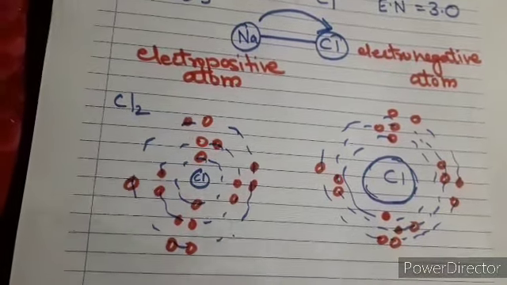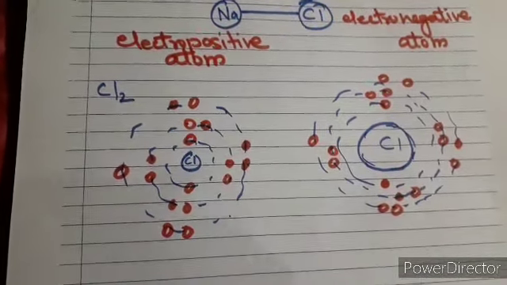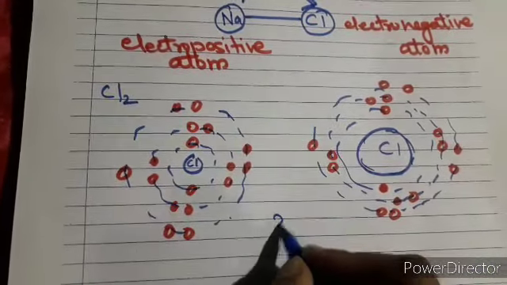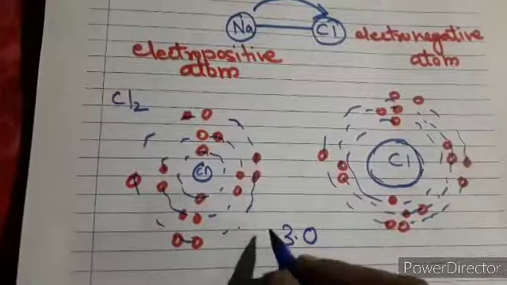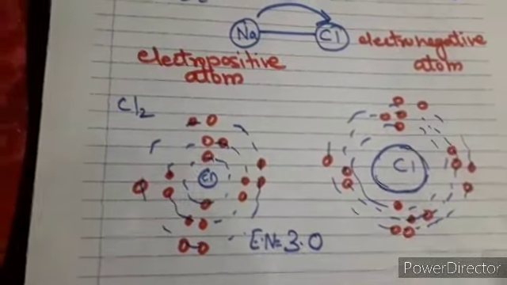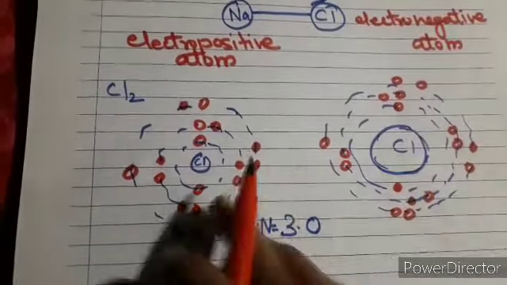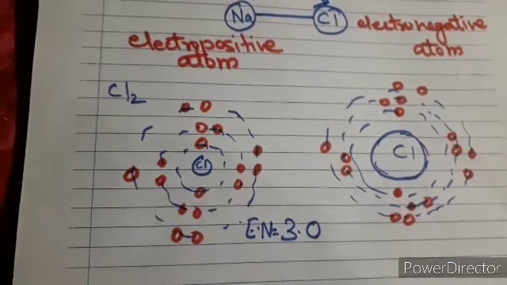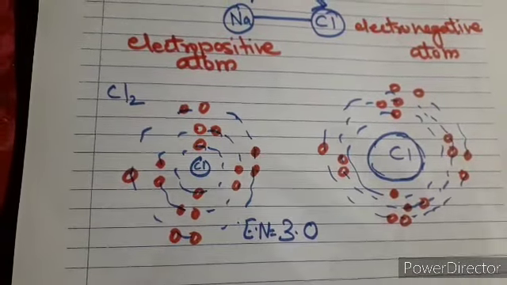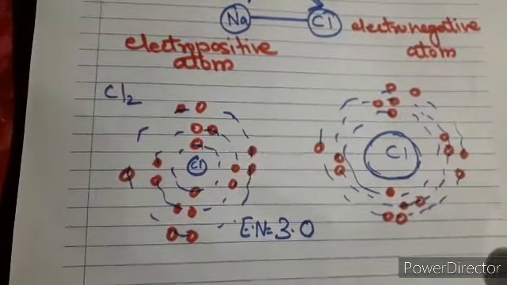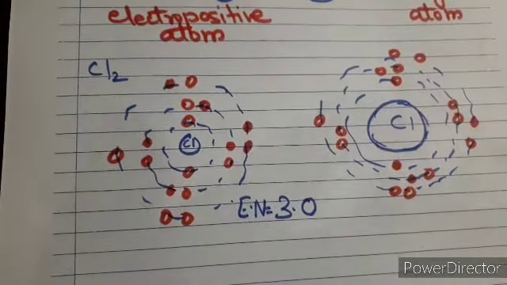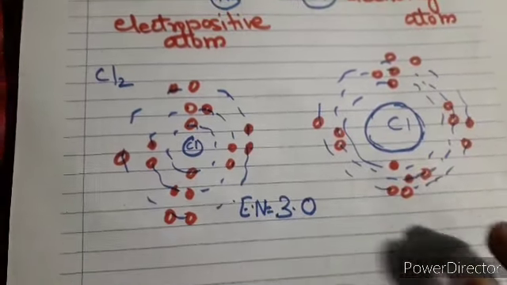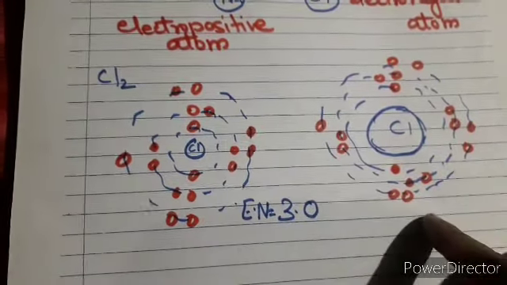So in the previous case we have seen the electronegativity of the particular atom for chlorine was 3.0. The value was given to us, right? So over here both the atoms are the same, so nobody can attract the electrons toward itself. Both will attract because both are electronegative, but it is not the case that one of the Cl atoms will attract the electron toward itself and acquire the electrons.